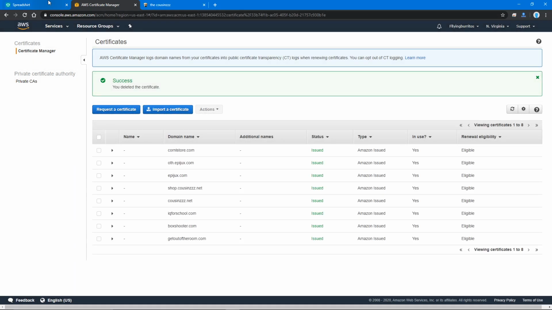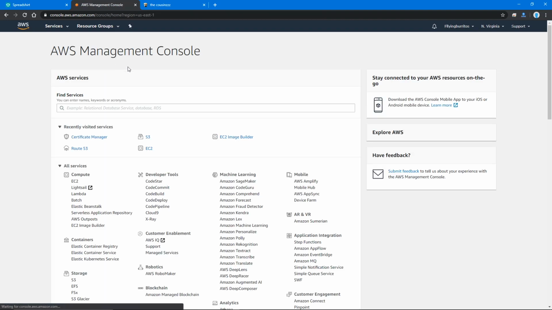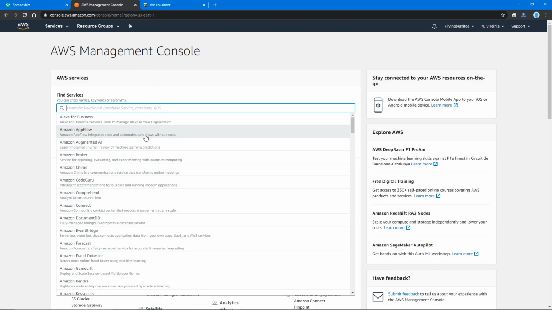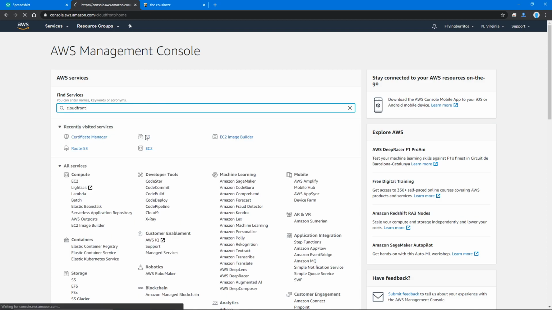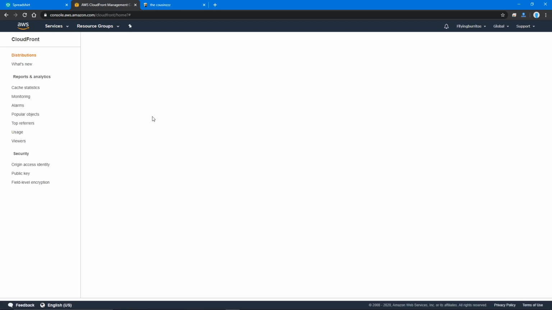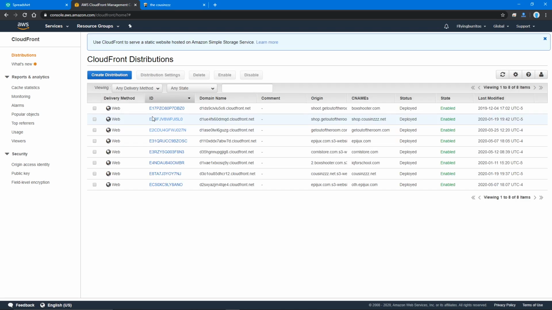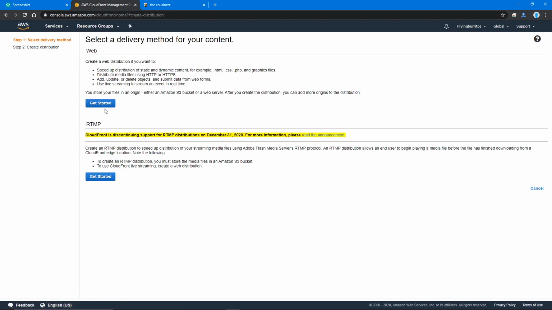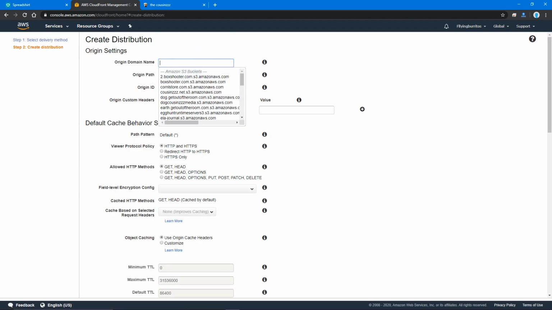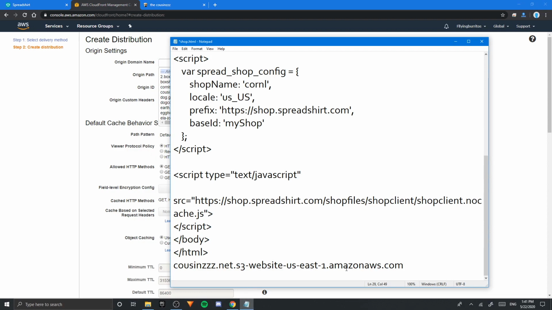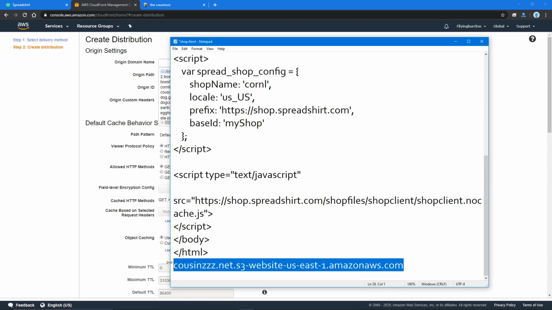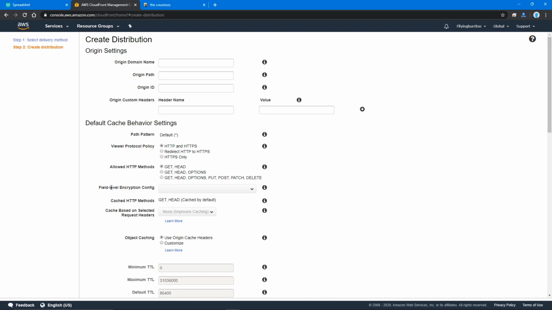Then what you want to do after this is go back to AWS, go to CloudFront. What this does is it puts your file on multiple servers around the world so that people can access it quickly no matter where they are. And it's okay, create distribution, get started, and for the origin domain name, what you'll need to do is go back and copy this thing that we copied from earlier from your S3 bucket. It was the thing without the http:// but it was the rest of your bucket, and put that in there,